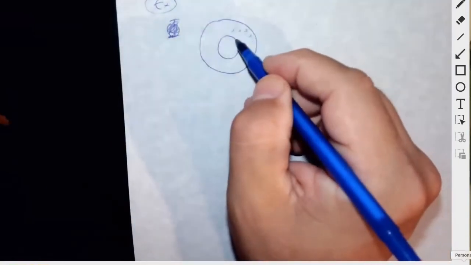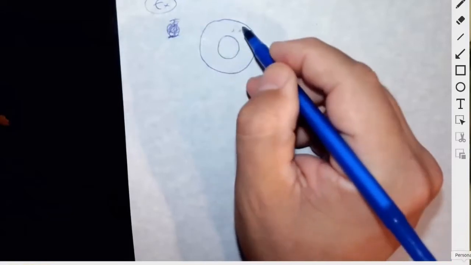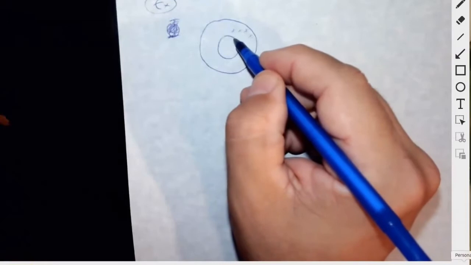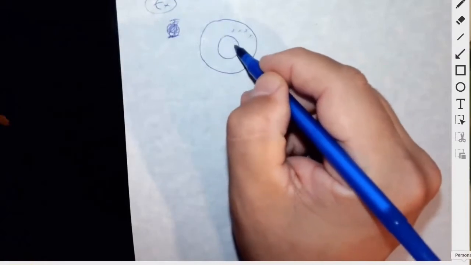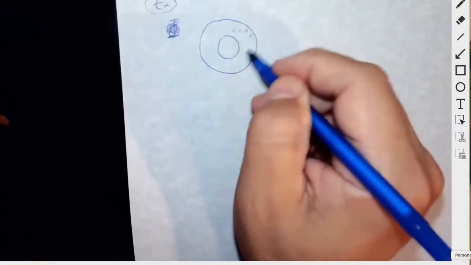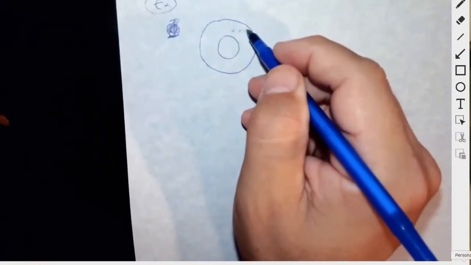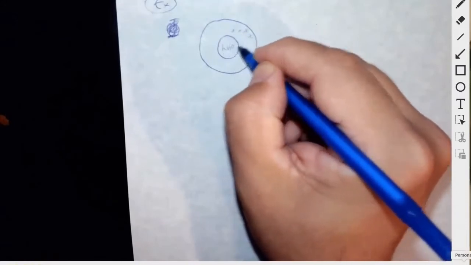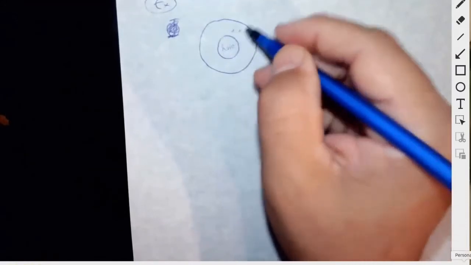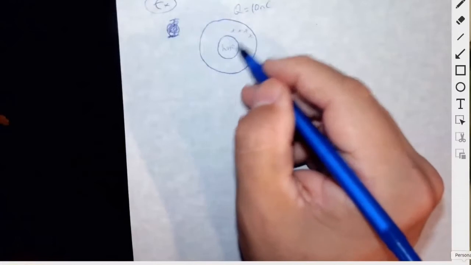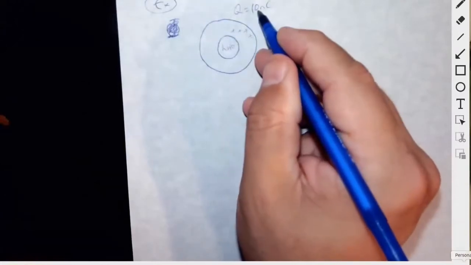We could say we took a 10 nanocoulomb sphere and we took a piece of the sphere out, but that affected the charge of the sphere, you see. So in other words, we took a chunk of the sphere out and made a hole, and now we have a new charge. Remember, the charge of the sphere was 10 nanocoulomb. So if we're going to say that we took a piece of that sphere out, that means the charge is